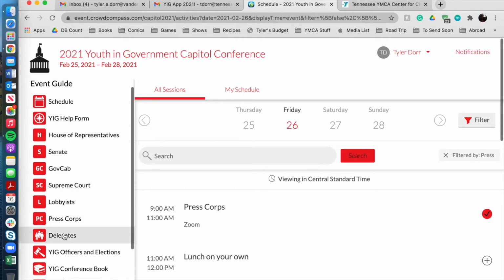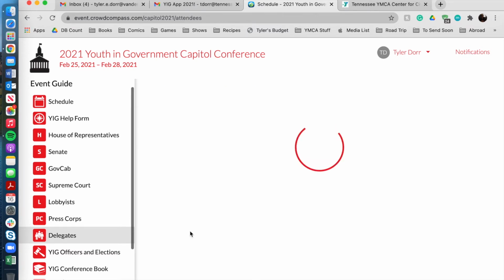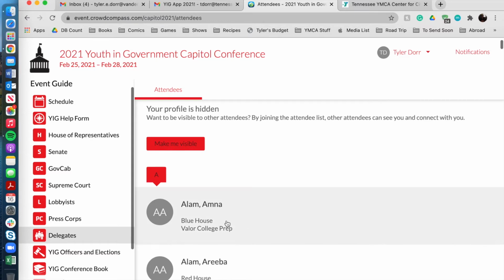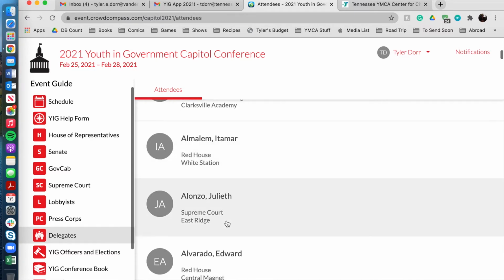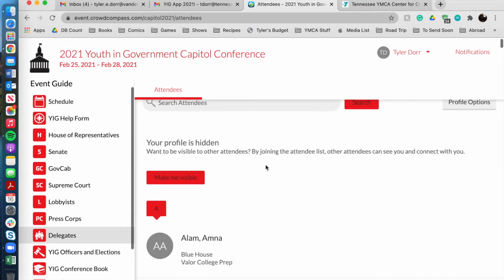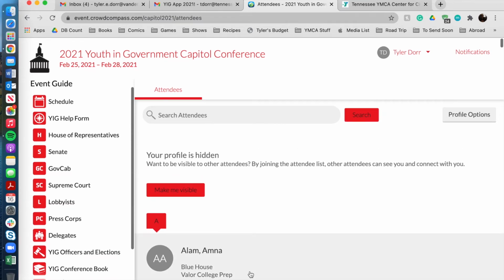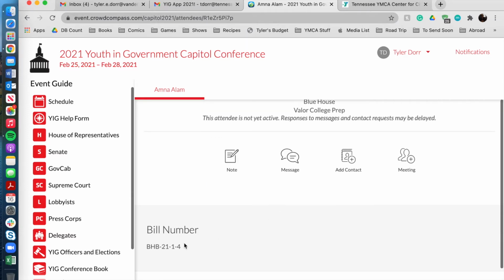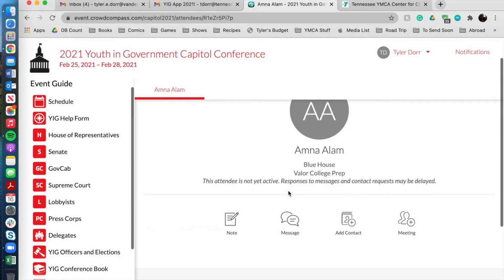Also, from the event guide sidebar, you're going to be able to access the delegates. This is a fully filtered, searchable list of all the conference delegates sorted by component and school. If you're looking for some collaborators for dynamic legislation, you'll be able to find them here. Clicking on someone's specific profile is going to show you their bill number and give you options to take notes, to message them, or to add a contact if you want to collaborate on legislation but don't have another way